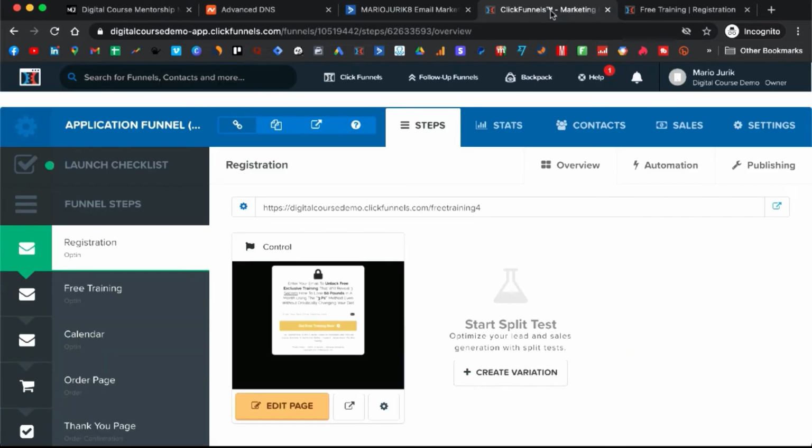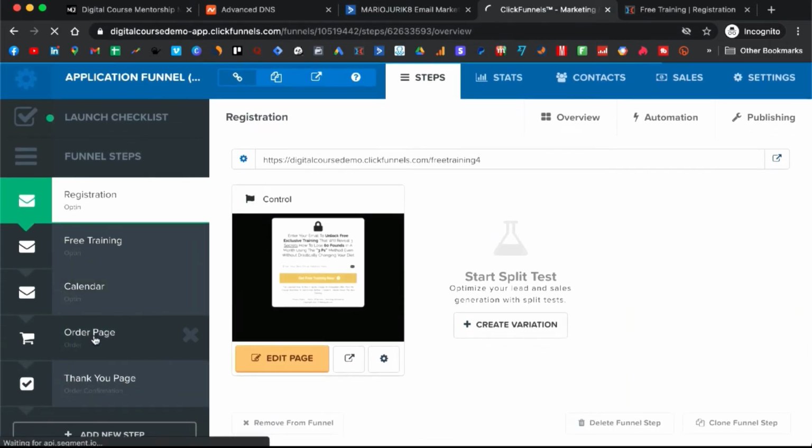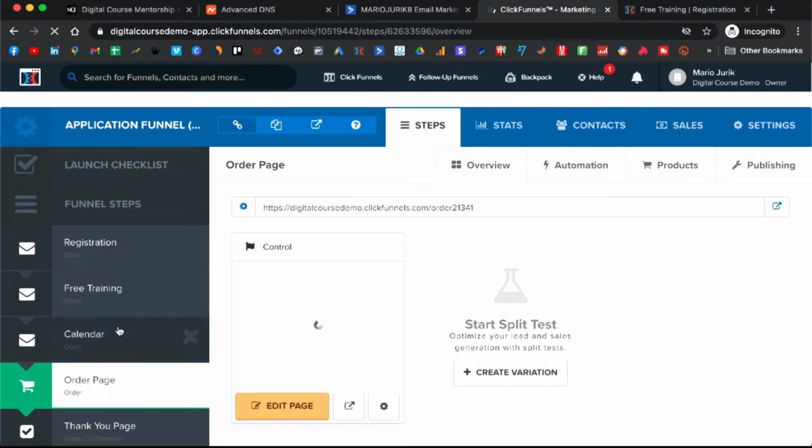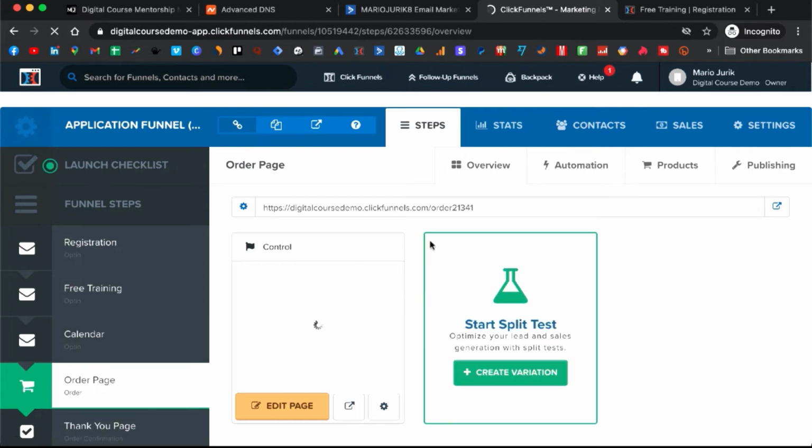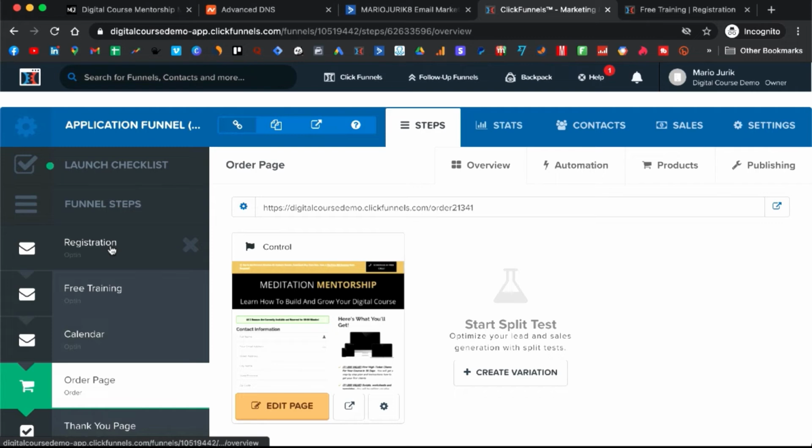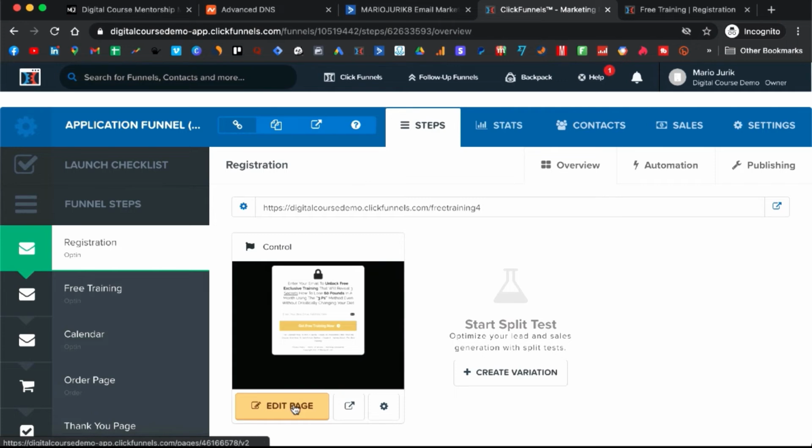and we come to ClickFunnels account, we go to order page, and this is not the same how we did it the first time. For the most part, for your other lead magnets or other automations that you will create, you will do it exactly like we did it the first time. You edit the registration page, and in integrations, you just add that integration, you add ActiveCampaign add list with tag. But when you will be setting up